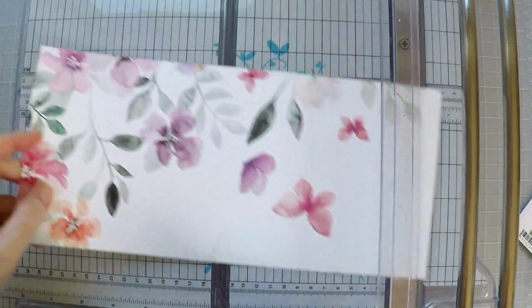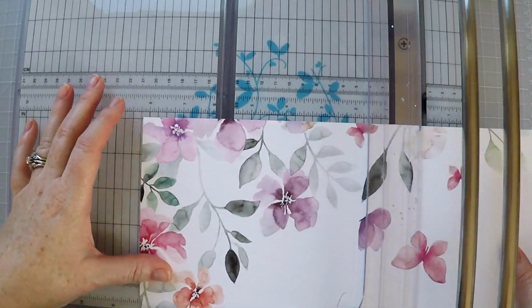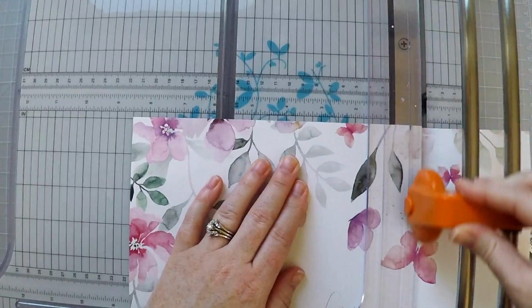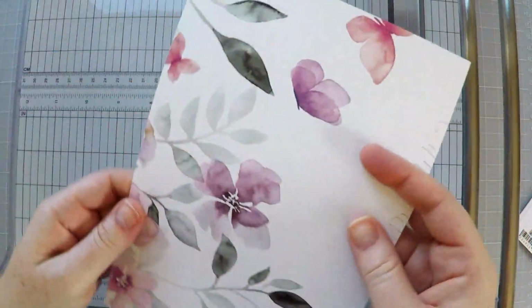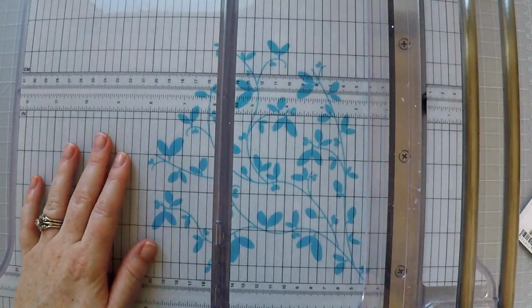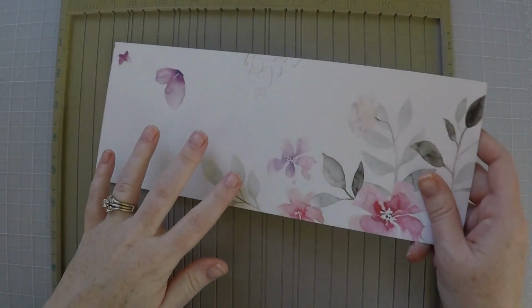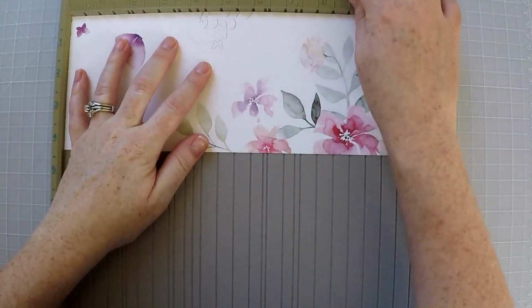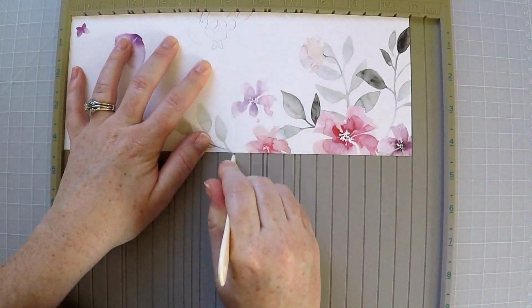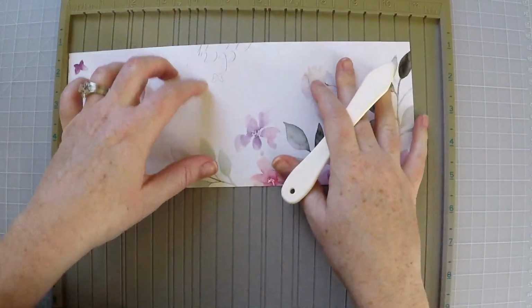They probably took me just a couple of hours to complete, with all the die cutting and everything, and that's because she does all of the work for you. Like, look at how gorgeous those watercolor floral designs are. So once I have created all of my cuts for my card bases, I just go ahead and fold them